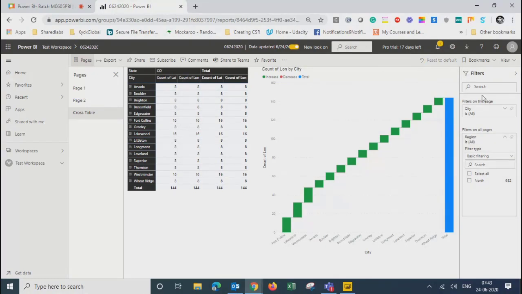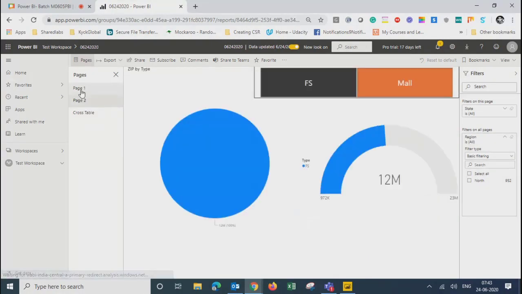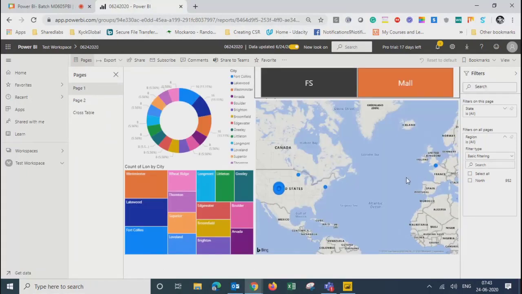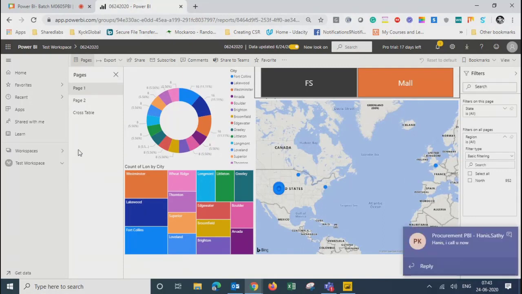If you see, this is the front page of what you will get as a user if you are using Power BI. There is no place for parameters unless you go into development or edit mode, or you are on Power BI Desktop. You don't find parameters, right? So that's the kind of difference we have.